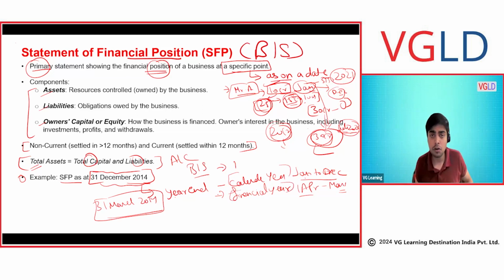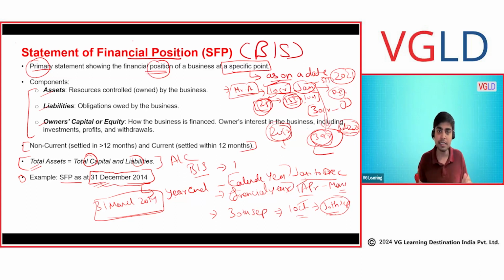Sometimes in questions you might see that the company's financial year end is 30th September. It means the company is following the 1st October to 30th September period. Many companies follow such periods, and it can be any period; whatever period the company follows will define their year end. So the year will start from January, April, or October, and then it will end after the 12-month period. Is this clear?